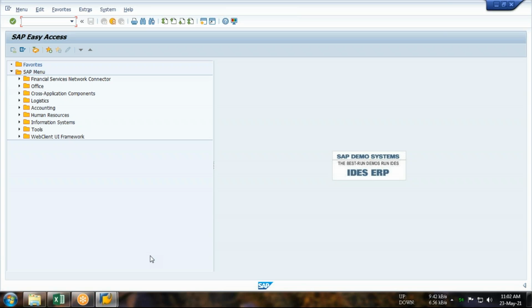Number one, document type should be there in your company code, and number two, document number range. So now please give the heading document type and document number range.